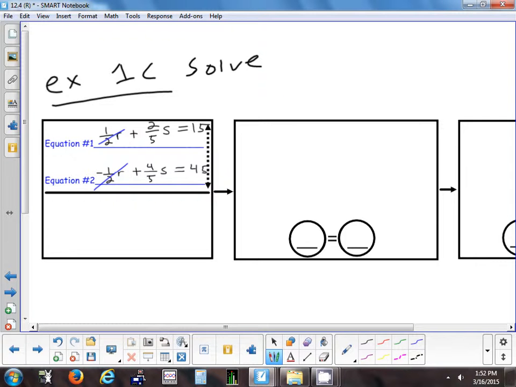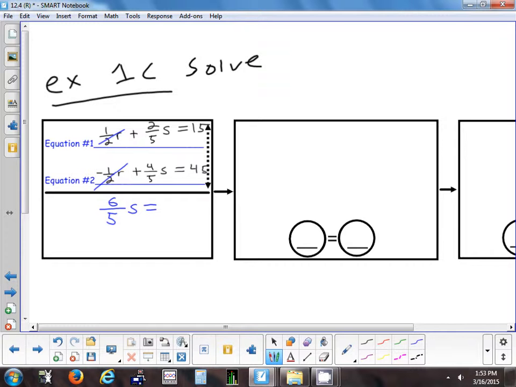Now, even though we have to add these fractions, what's nice about the denominators? They're already the same. So we have 2/5 plus 4/5, 6/5. What's the variable that's next to that? S. Okay, so 6/5 S equals